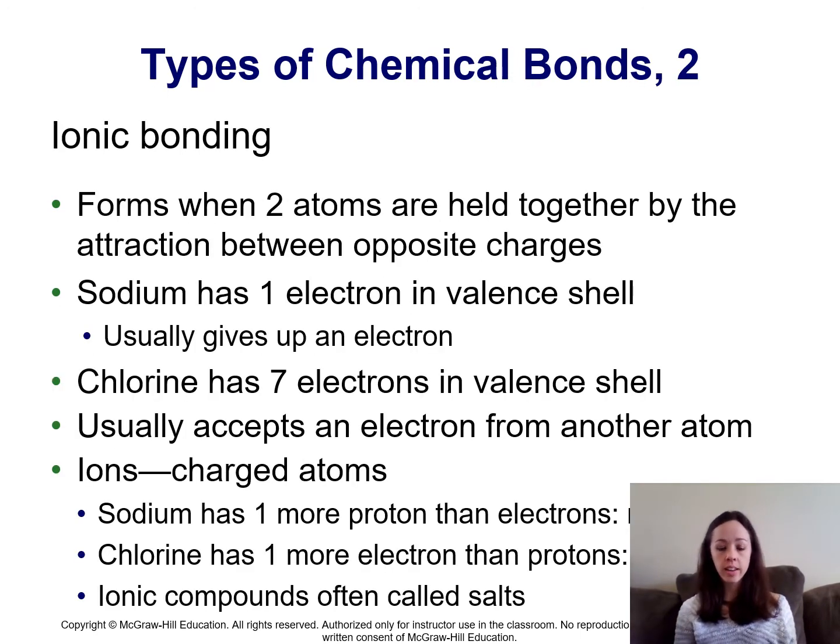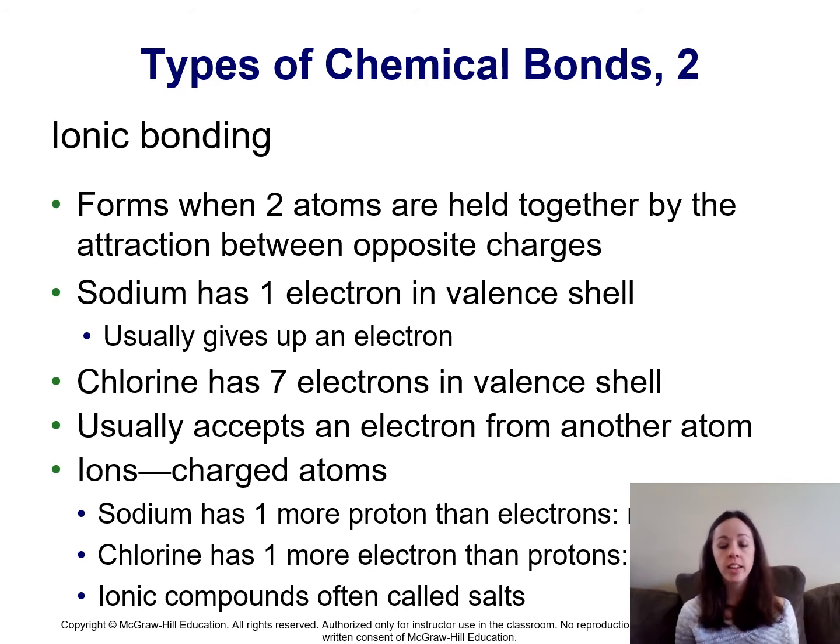So ionic bonding happens when two atoms are held together by the attraction between opposite charges. And this happens when one atom gives up an electron and another atom takes an electron. So for example, sodium will have one electron in its outer shell, or its valence shell, and because it's easier for it to give away its electron, it's going to do so in order to become a stable element. And when it gives away